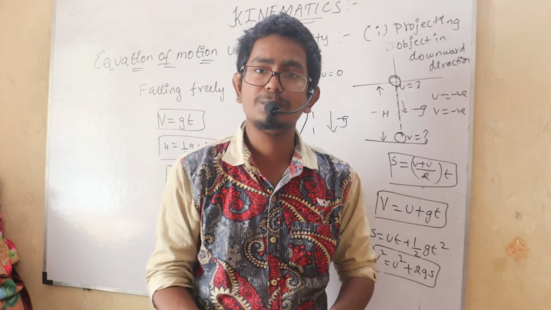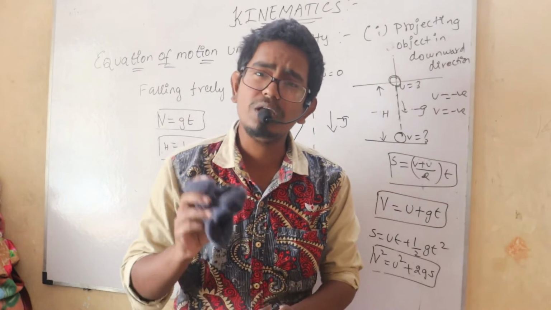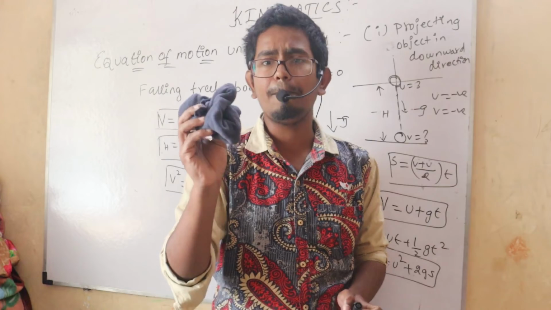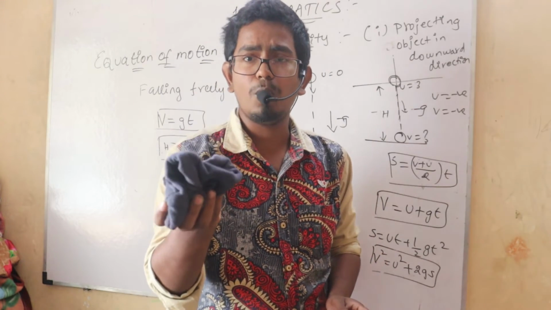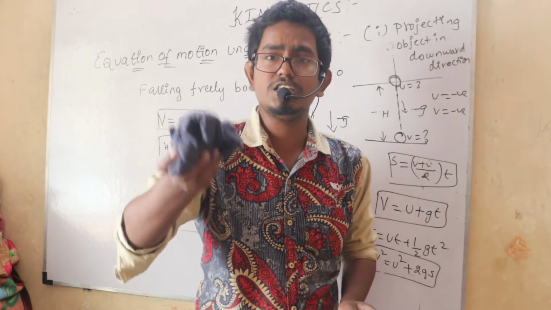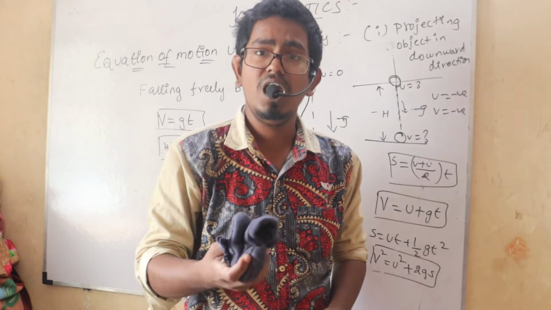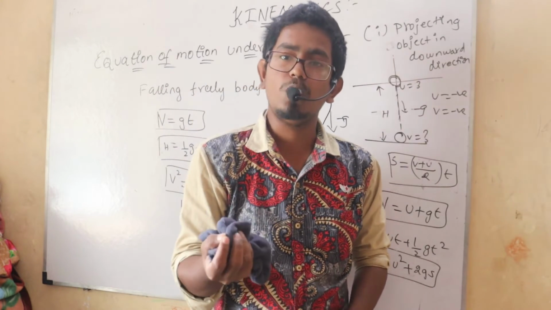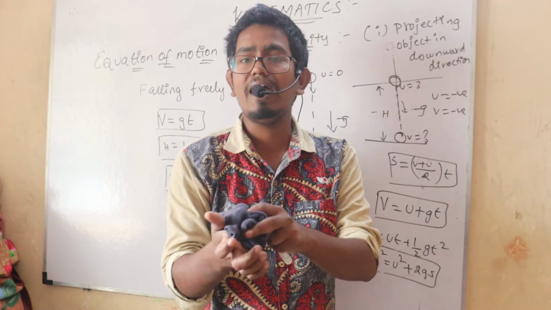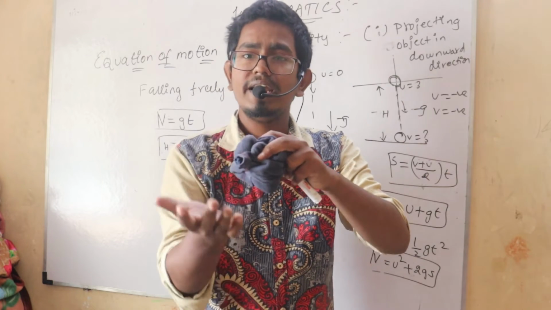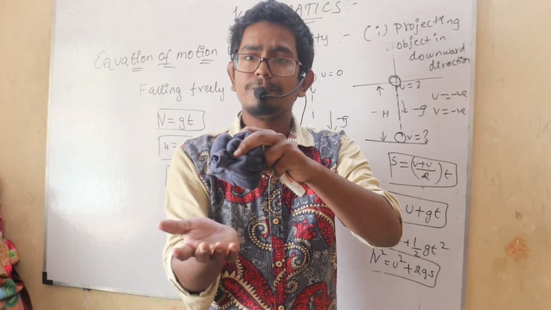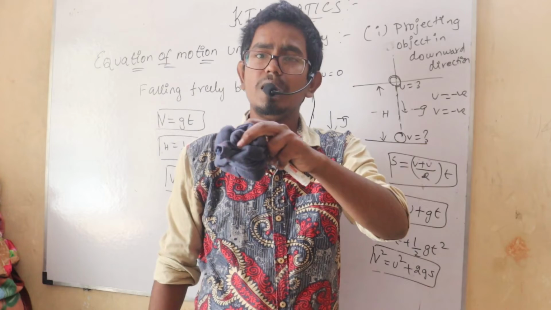As I'm projecting upward, even though I'm applying some velocity to this object to throw this body vertically upward, you can see this body is coming down to my hands. If I'm not introducing my hands here, if I'm just keeping my hands here, then what will happen?